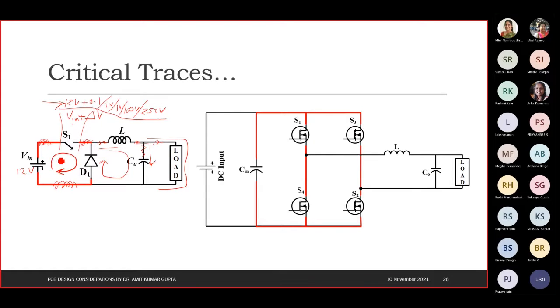This loop should be as small as possible in order to reduce these inductances. Resistors are not really affecting such phenomena. They will have power loss, but these inductances are really critical. Similarly here, if we have an inductor and resistors here, it is fine if the switch is off or there is no power, they will transfer their energy to the capacitor. This loop is not problematic. But when the switch is off,